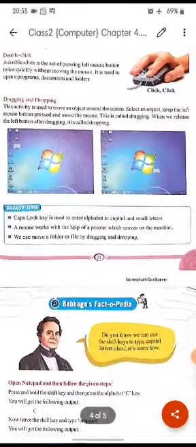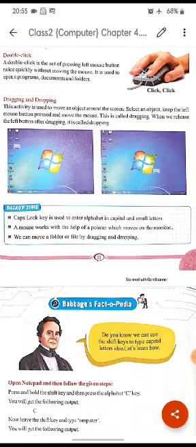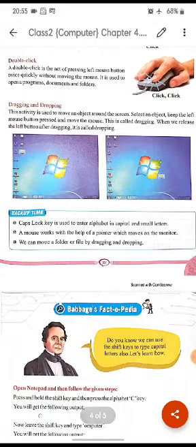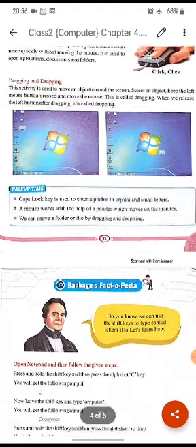So this is the end of your chapter. Here some backup time is given. Let's see that also. Caps lock key is used to enter alphabets in capital and small letters. This I have told you earlier also, that caps lock key is a toggle key, which on one click we write the alphabets in capital letters, and on another click we can write the alphabets in small letters.